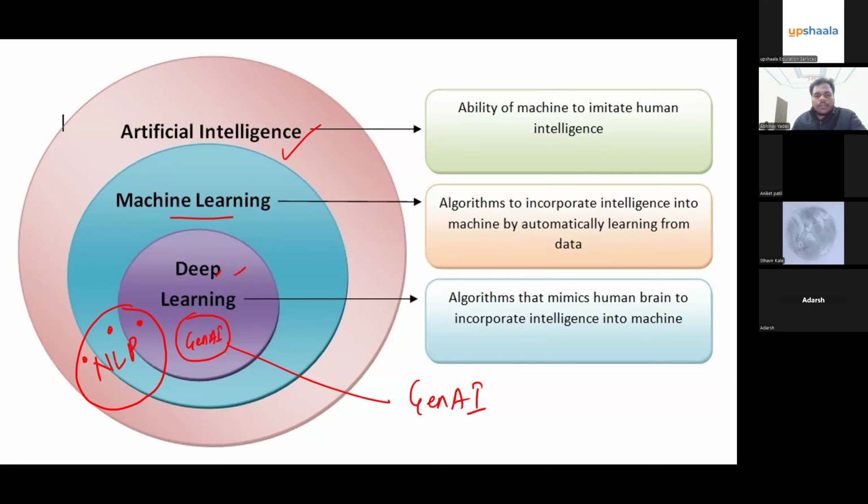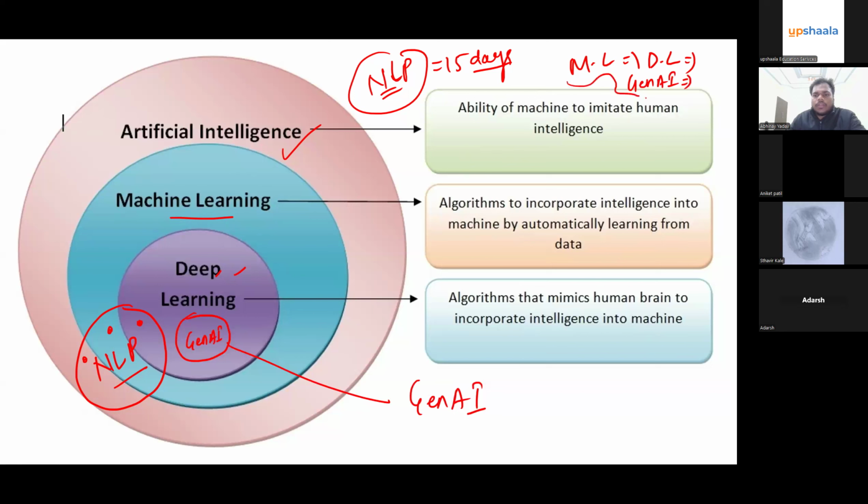We will see the NLP also. I have talked to sir also, so we will cover the NLP also in 15 days, in the upcoming classes. First we will finish the machine learning, after that we will finish the deep learning, after that we will finish the generative AI. These topics are very, very important. After that we will finish the NLP in 15 days. Most of the things you will know previously also, so that will not take that much time.